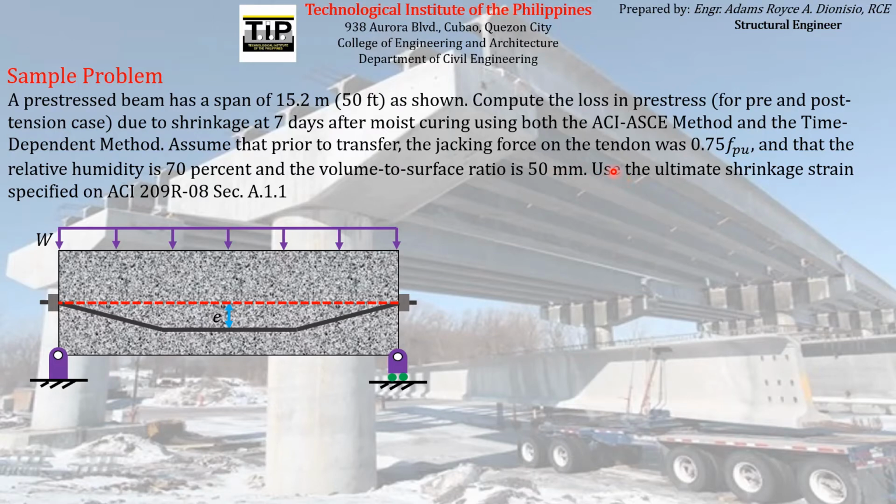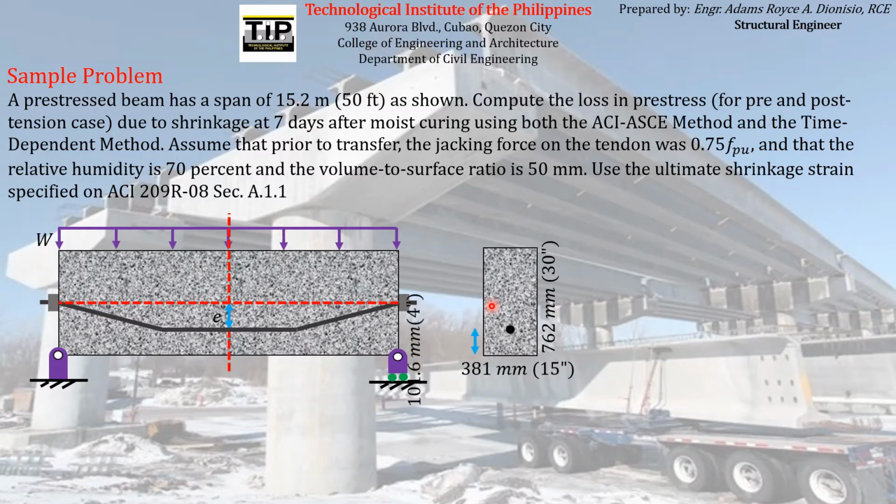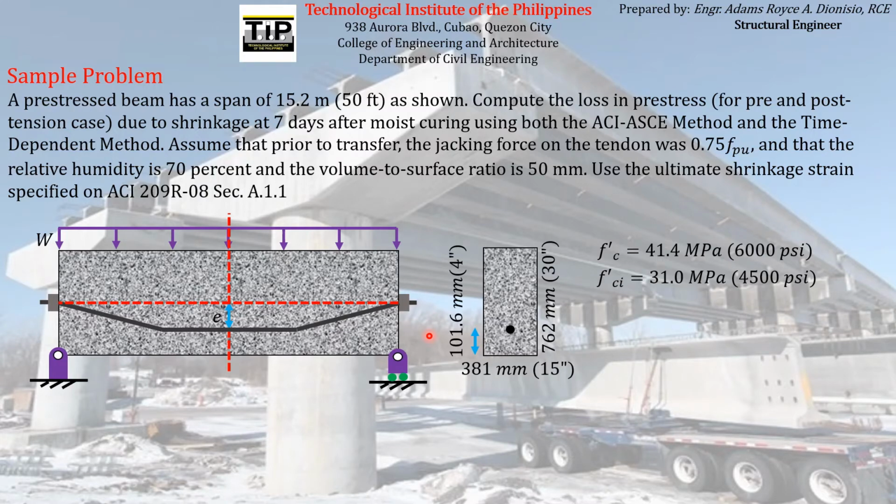There is a specific magnitude of ultimate shrinkage strain that is specified in the problem, which recommends to use the ultimate shrinkage strain specified in ACI 209 or the 08 section 8.1.1. So the other information about the problem are these: for the cross section at midspan, it looks something like this with dimensions equal to this, and the distance of the pre-stressing reinforcement to the bottom of the concrete beam equal to this. Other parameters given are FC prime, FCI prime,